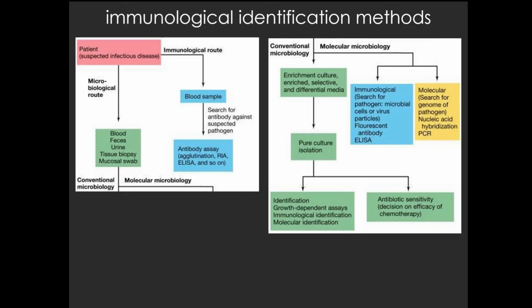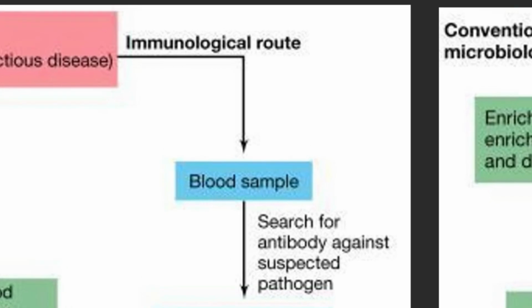As we mentioned in the diversity unit, there are multiple different ways of identifying unknown microbes. One of them, which we use quite commonly in lab, is the microbiological route, which includes differential staining and physiological testing, which gives you a number of the characteristics of an unknown cell and allows you to compare those to a known cell. What we're talking about in this unit is called the immunological route, which is shown in blue,